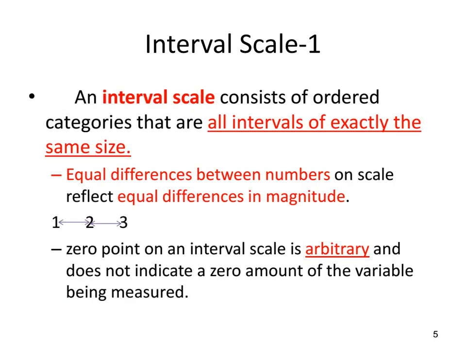In terms of the next scale, it's an interval scale, and that consists of ordered categories where all the intervals are exactly the same size. And this is the way that you're used to thinking about numbers, in terms of if we had a number line with 1, 2, 3, you would expect that the difference between 1 and 2 was equal to 1. The difference between 2 and 3 was equal to 1. One thing to be very clear about with this type of scale is that the 0 point is arbitrary, and it does not indicate a 0 amount of the variable being measured,